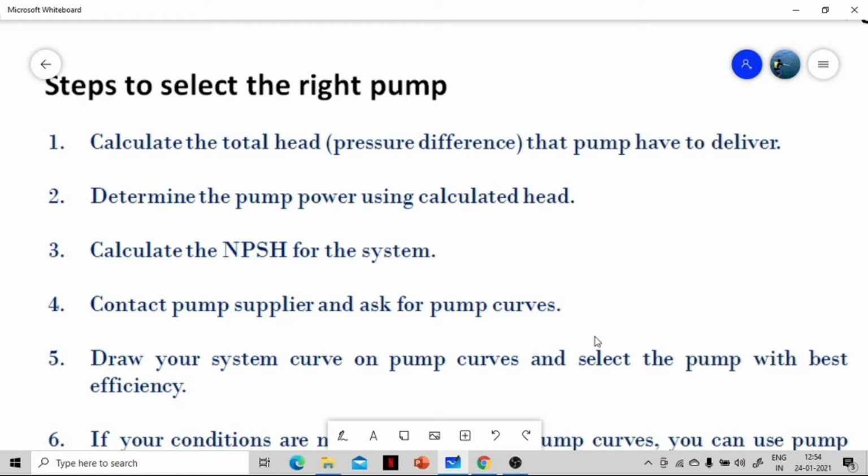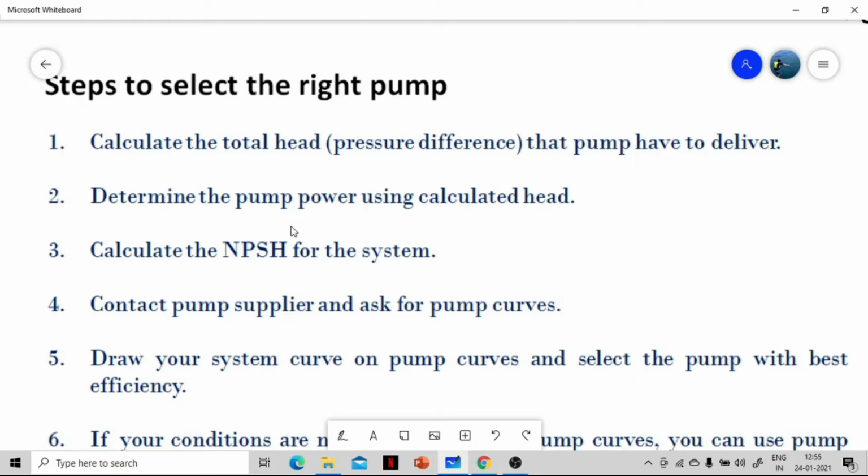For example, if you want to install a pump to deliver a fluid from point A to point B, you must know how much the pressure drop is and what your final discharge pressure at point B would be. By knowing this, you will have the total head of your system. After calculating the total head, you will be able to find out the pump power, how much kilowatt hour